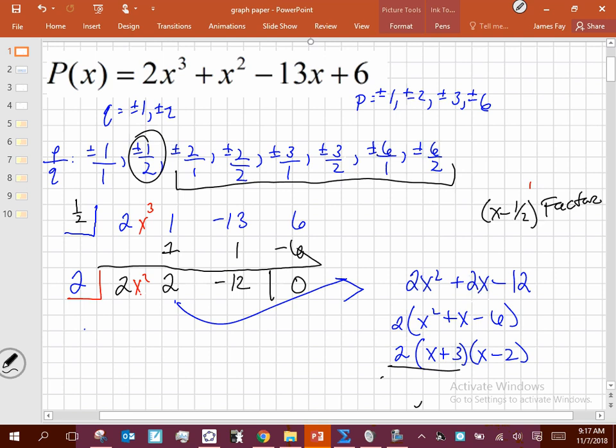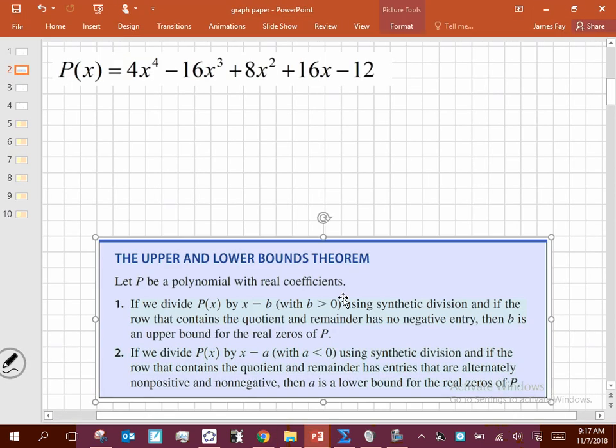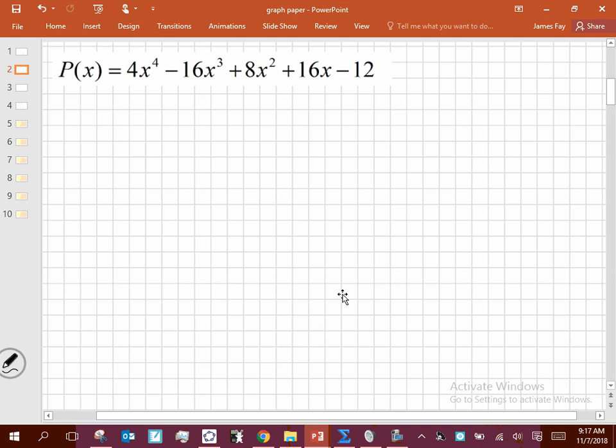Now, I want to do another example of this, but before we get through the entire example, we'll stagger this a little bit, and we're going to introduce some concepts as we work through, and then try to use those concepts. Now, I'm going to do this in a foolish way, because right now when I look at that, I could take a 4 out of everything, right? And then I'll have x to the 4th minus 4x cubed plus 2x squared plus 4x minus 3. And my list of p over q is going to be very simple, very small. I think that's the best thing for you to do, but I'm going to neglect that right now because I want to show you,